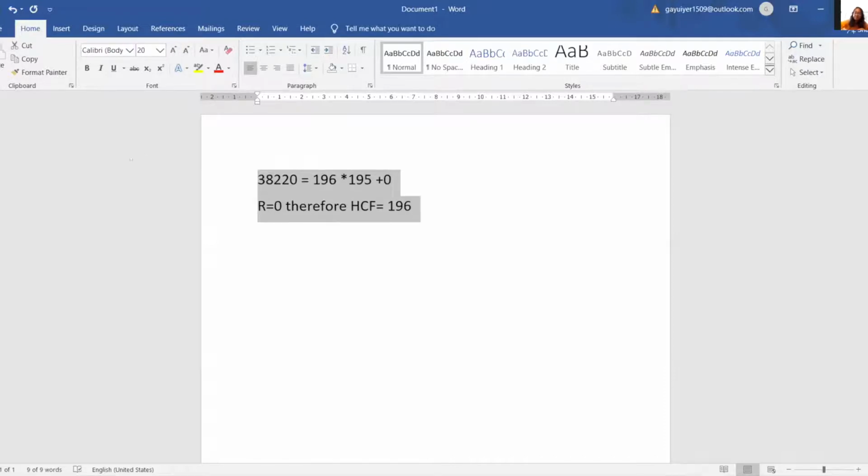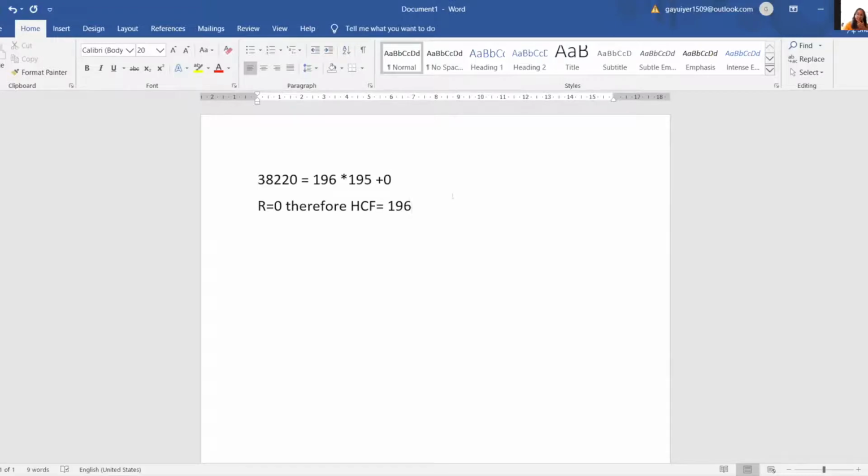So see, to get that 195, I remember somebody asked me, can we do the normal division? That is what you have to do because the number is big here, right? So you can do the normal division. You can divide 38,220 by 196 using the normal division that you've learned. So to get 195, and then of course you can say the HCF here is... because 196 multiplied by 195 gives you 38,220. Now what is HCF? Only the common factors, right? So the common factor here is 196 and not 195.